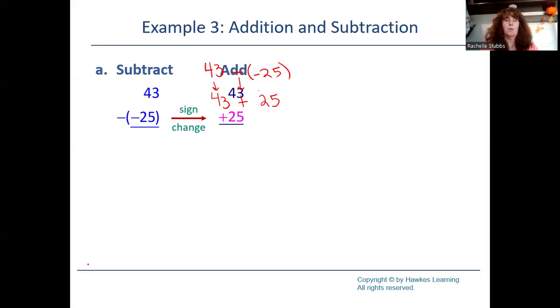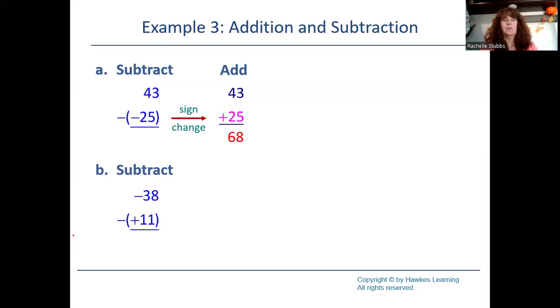And I wrote right where they put that on the slide, didn't I? Give me 68. Here's another one. I'm going to rewrite it. I'll do it over here a little bit more to the left. Negative 38